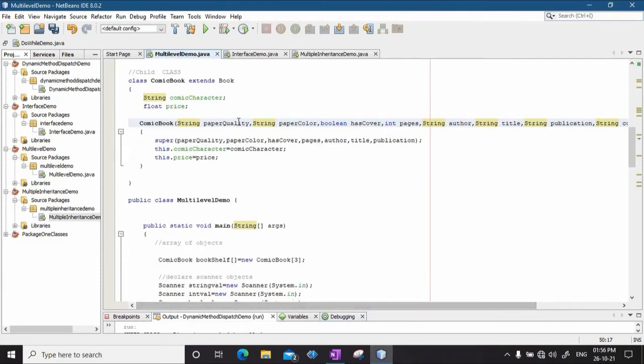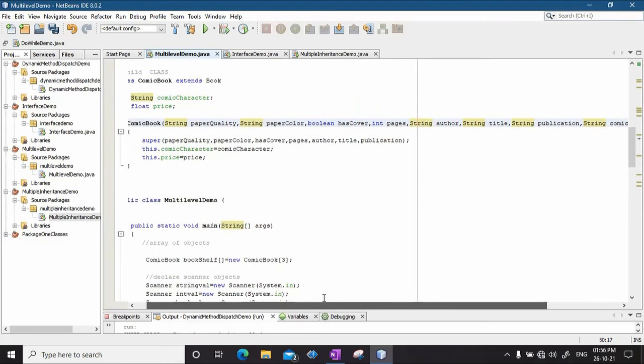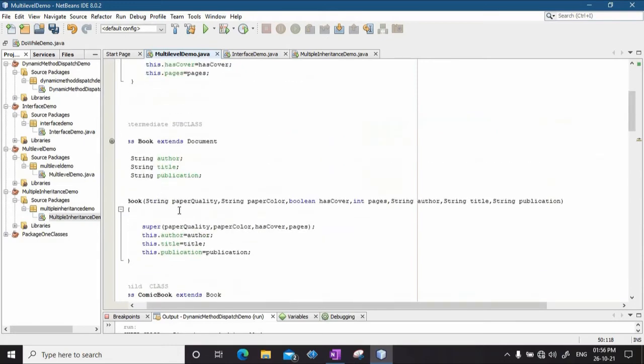Now out of all these 9 attributes, which are the inherited attributes? Paper quality, paper color, has cover, pages, the 4 attributes of the document class, and author, title and publication, the remaining 3 attributes of the book class. All these from paper quality till publication have to be passed to the book class here.